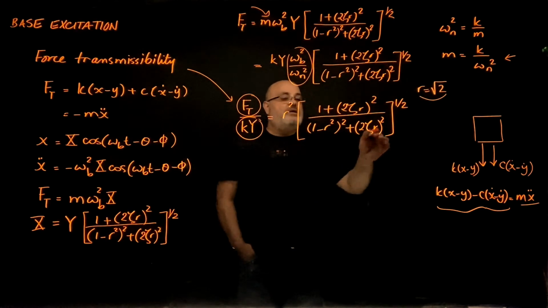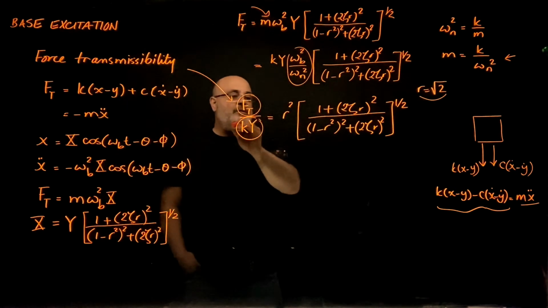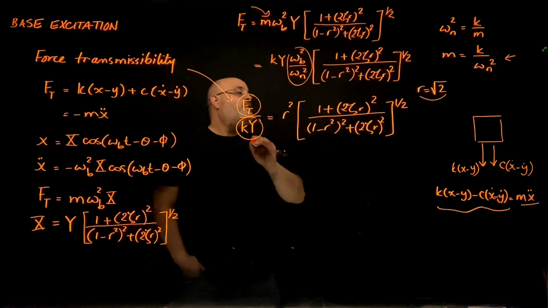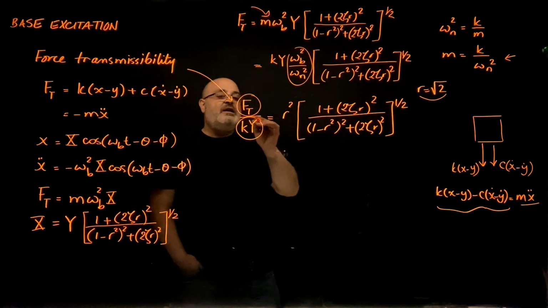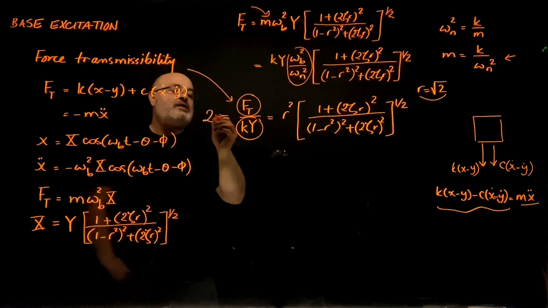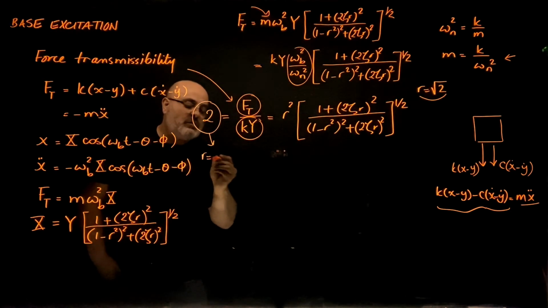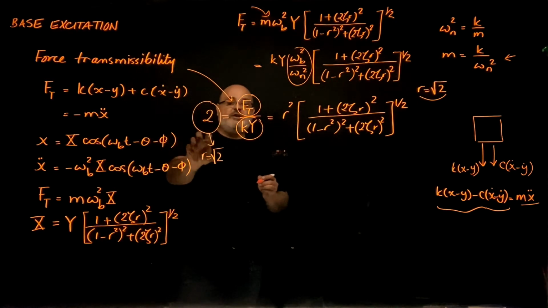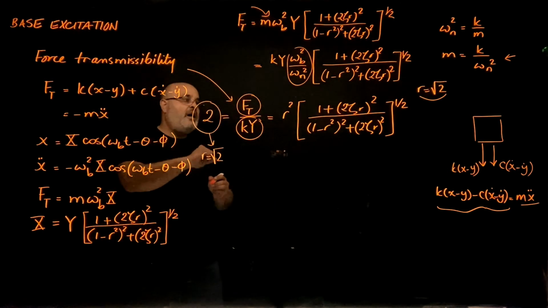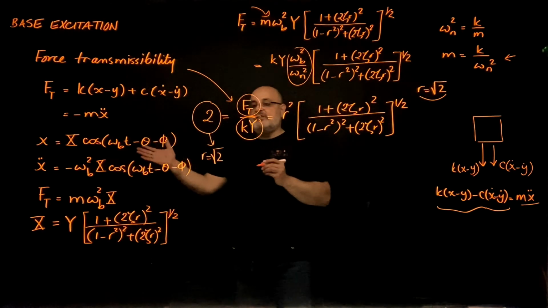Now, this is 1 for r square root of 2. That means that the transmissibility is r squared, which is 2, only when r is equal to square root of 2. The force transmissibility will always be 2 at r equals square root of 2, as opposed to the distance transmissibility,